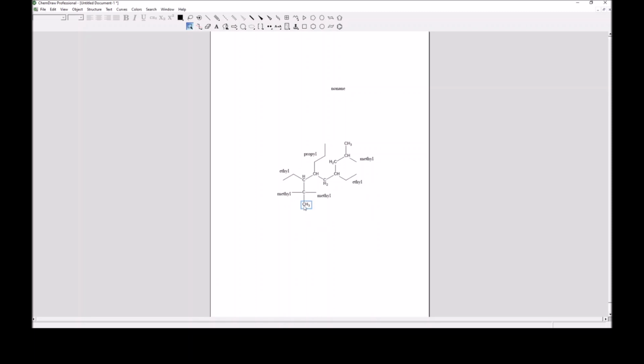So if I call this carbon right here carbon number 1, then the pattern that I get as I try to go down that parent chain is a 2 and a 2. There's 2 different things coming off of that second carbon. And I'm going to stop that. I can put the rest of the numbers in, but I don't need to, because if I start at the other end, then the first